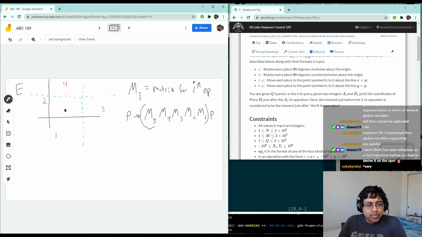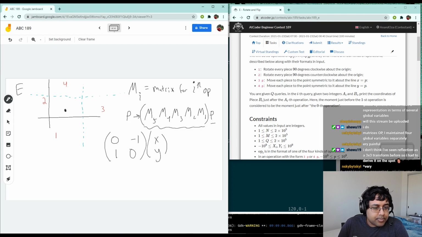So you can actually compute what this composition of operations would be, and then once you've computed that, you can just apply that whole operation to p all at once. And the trick we're going to use for that is matrices. You may have seen rotation matrices before. So for example, if you multiply something by this matrix, then you end up getting the point